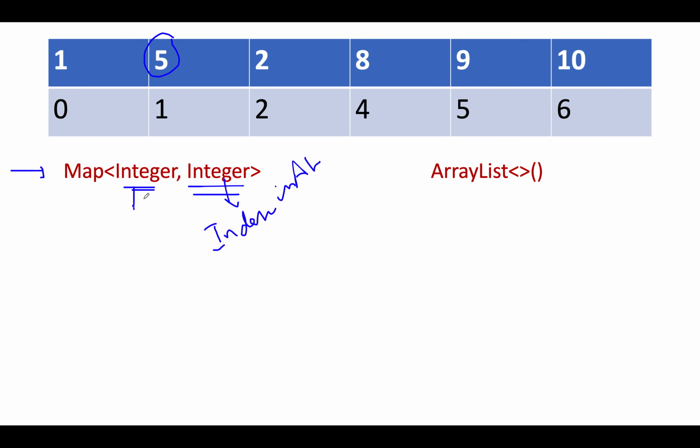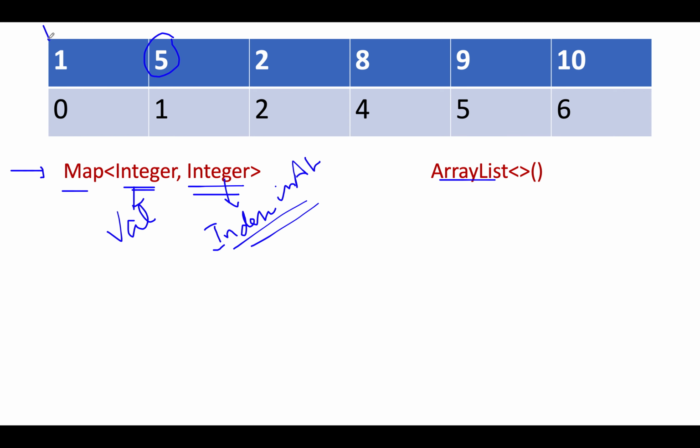This is a value that is getting inserted into my randomized set. This is the index in the array list at which this value will be added. So the new value will be added in two data structures: one, the map, other, the array list. Let's talk about all the three operations one by one and how this map plus array list combination is helping us achieve the desired time complexities.